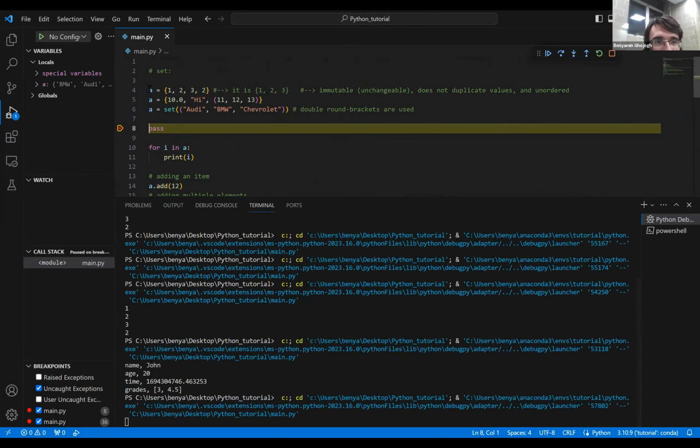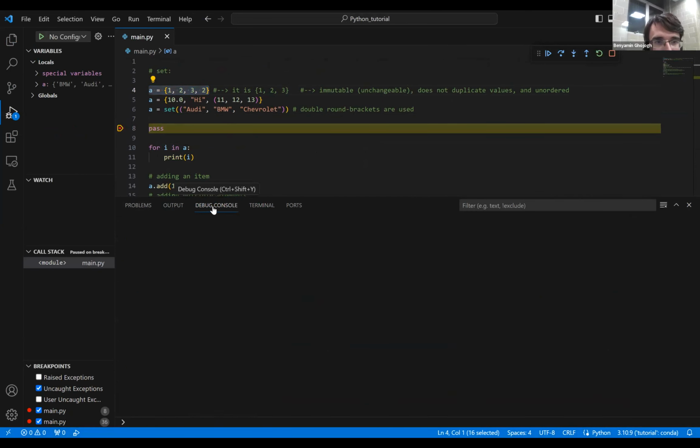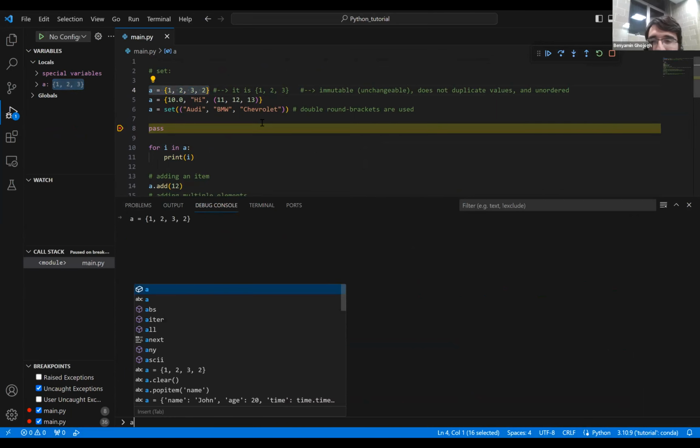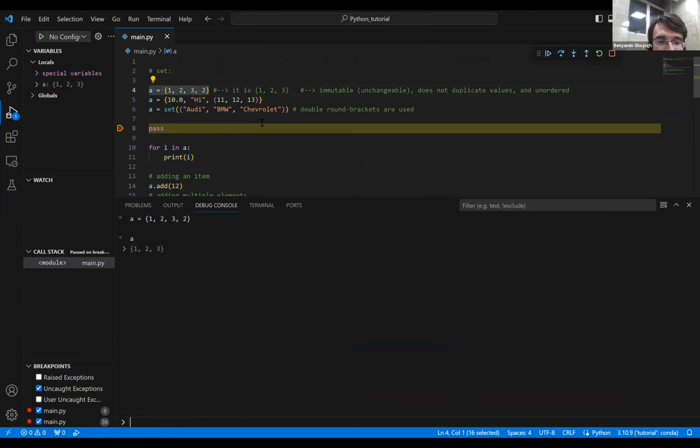Okay. So here is the set A. It was 1, 2, 3, 2. 2 was repeated twice, right? But now we have only 1, 2 in it because it can't have any duplicated item. So it has its uses. For example, sometimes you don't care about duplicates, so you can use set, but